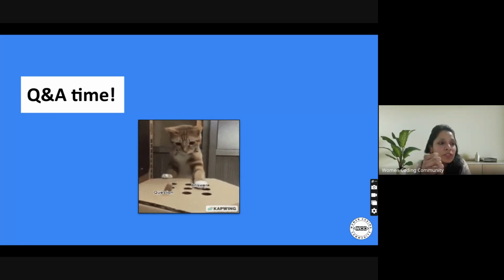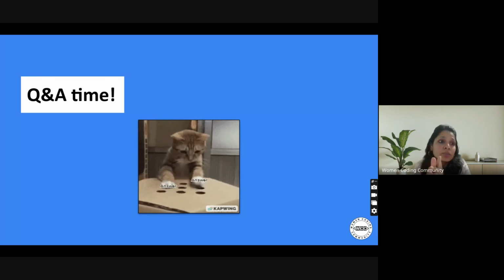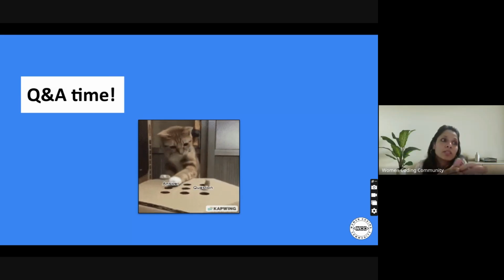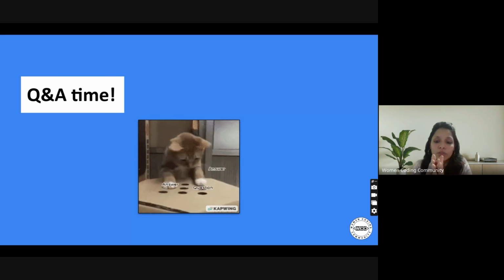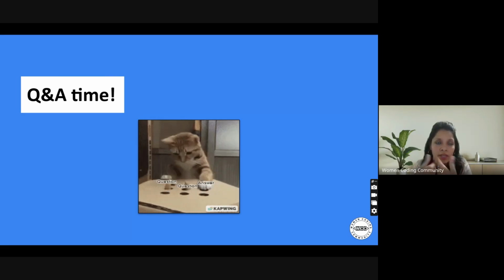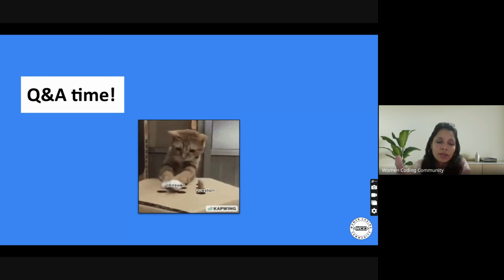To answer the question in the chat, yes, you can extend your existing assignment, what you have built in the previous session, your chatbot. You don't have to use the newer version. You can just extend your existing chatbot and add those prompts and different prompt techniques to have those guardrails in place.